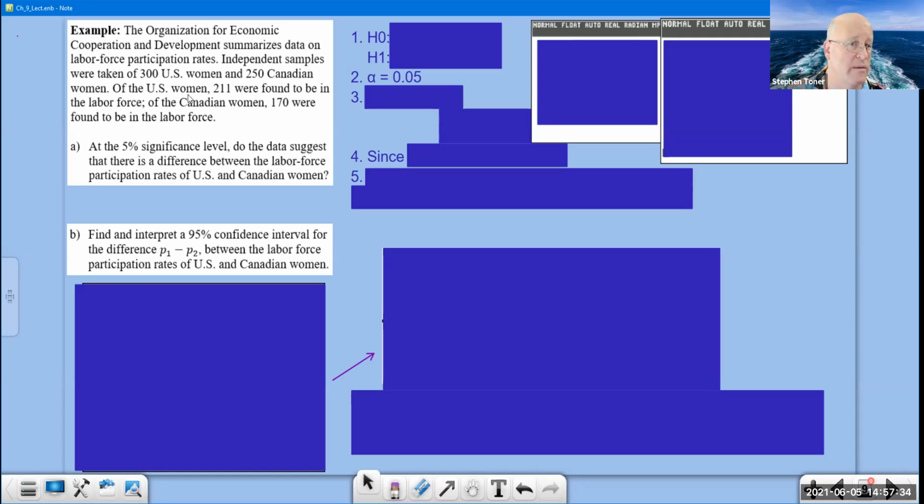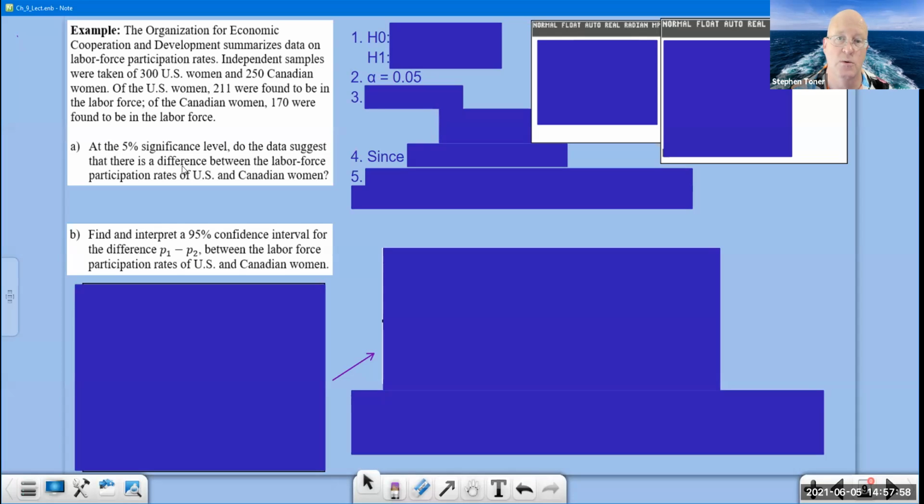Of the US women, 211 were found to be in the labor force. In other words, they were working. And of the Canadian women, 170 were found to be in the labor force. Okay, so we've got this many out of that many. We're given the X out of N for each population. At the 5% significance level, do the data suggest that there is a